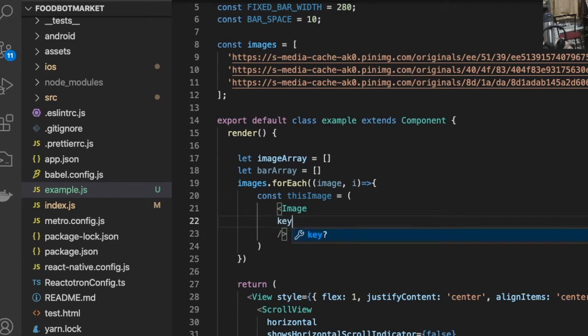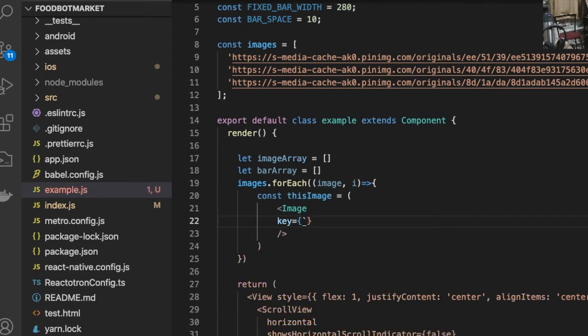So basically, first of all, this is the very first important thing: we have to pass the key so that we will not get the warning. Here I have to pass anything which is basically a unique key. This key separates all our images uniquely, so this should be very unique.